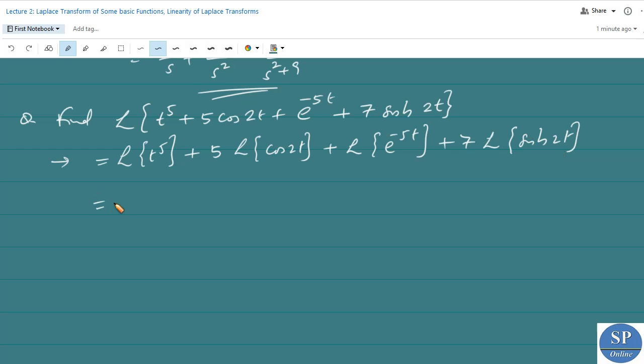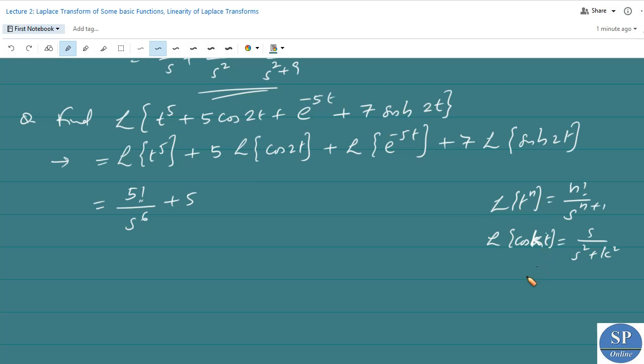Okay, we know the Laplace transform of t power n is nothing but n factorial divided by s power n plus 1. Okay, so the Laplace transform of t power 5 will be 5 factorial divided by s power 6, plus 5 into, we know L of cos kt is nothing but s divided by s square plus k square. Okay, this is right. So we have L of cos 2t is nothing but s divided by s square plus 2 square, right,